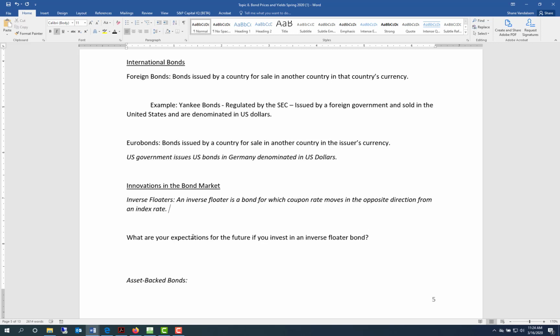So for example, I might say that we have an inverse floater bond that moves with